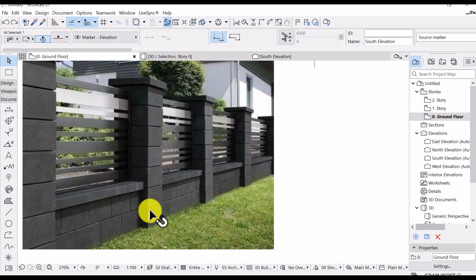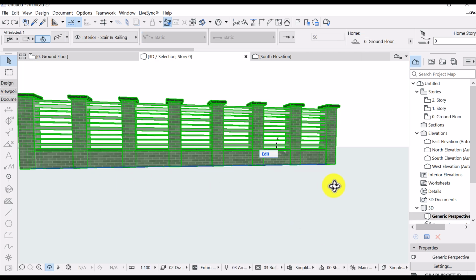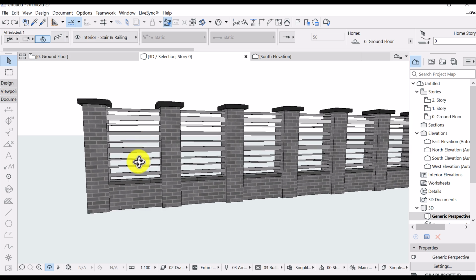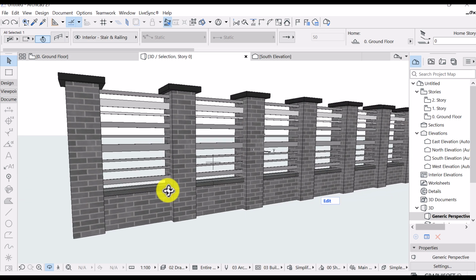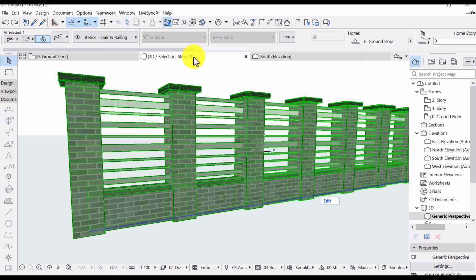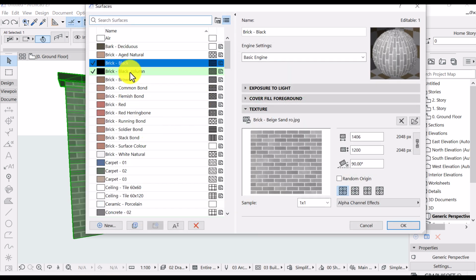Let me know what you think. We can also add these details that we have on the advertise. It's already there. It depends on how you see things, right? Okay, let me try something. I would go under options, elements, attributes, and then surfaces. If I say the black